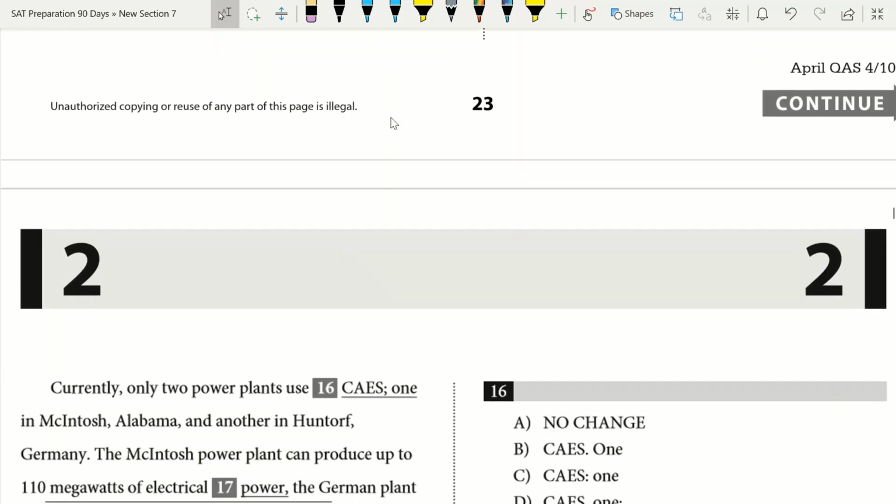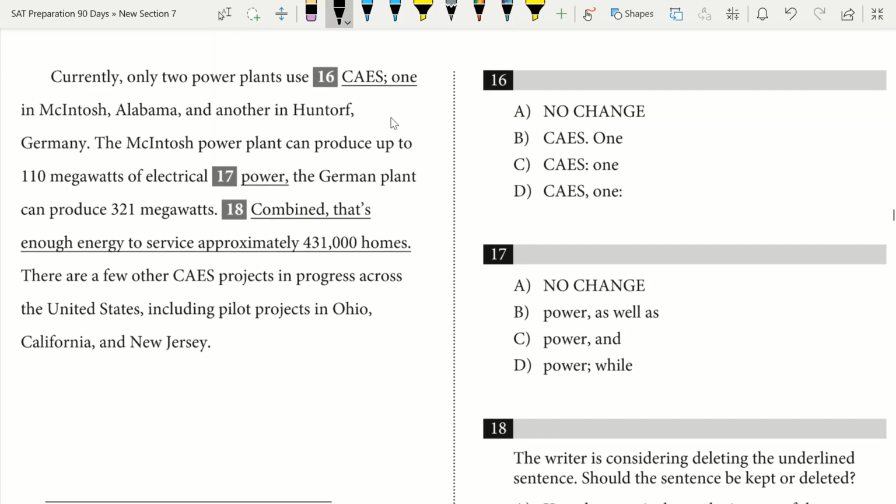All right, question 16. Currently, only 2 power plants use CAS, one in McIntosh, Alabama, and another in Huntorf, Germany. So what's wrong with this right off the bat? Well, as I read this, I saw I have a semicolon here, and I have a non-independent clause after it, so I know that A is going to be wrong. But what I did see right away is that I was illustrating, right? I was illustrating,